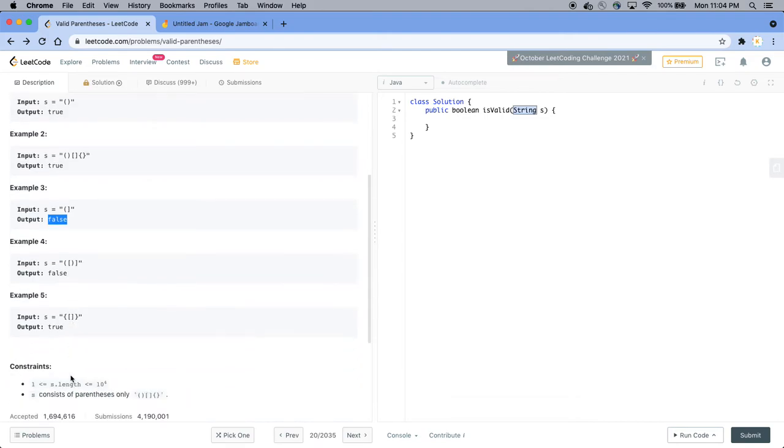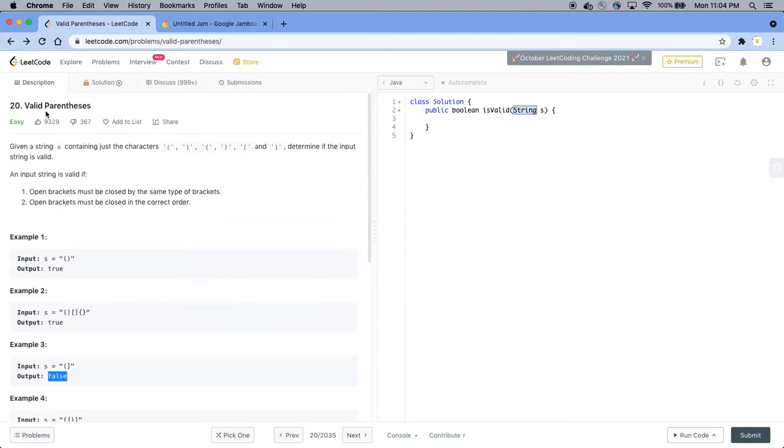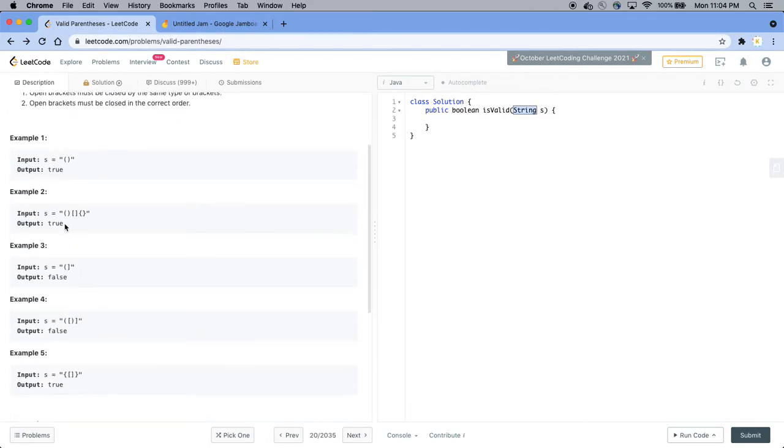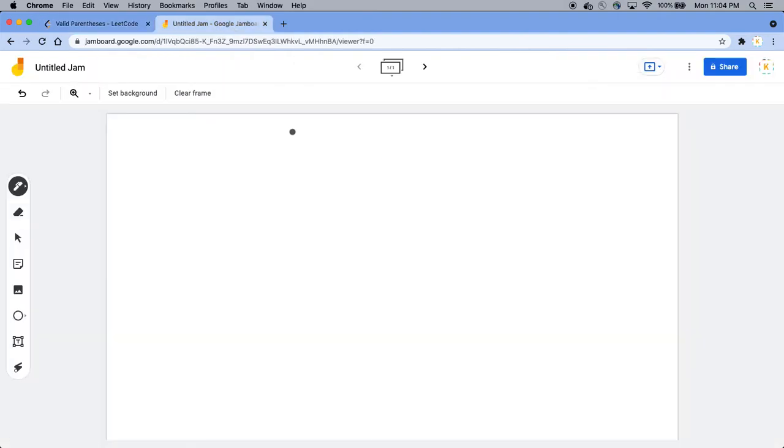So that's the basic concept of when we will say the string is a valid parenthesis or not: when the open brackets are closed by the same type of bracket which they have already mentioned here. So small bracket close, curly bracket close, and square bracket close. So how do we go with this approach? Let's take a simple example, let me just type it here. So let's say we have a string which looks something like this,